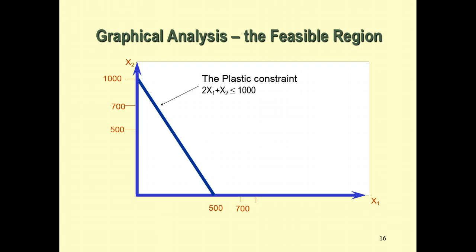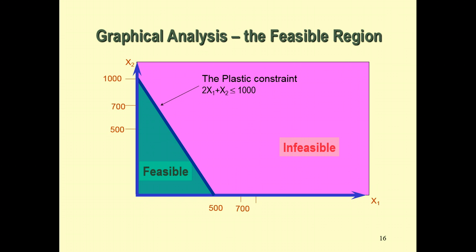Now what we're saying here is less than or equal to. So less than or equal to means that this is now feasible and this is infeasible. All of these points violate that constraint. All of these points adhere to that constraint, right? So I have this graphed in, this graphed in. I would do that with these constraints. So the next one is,